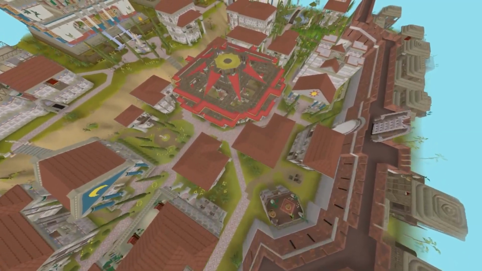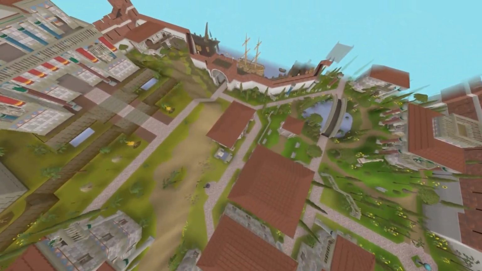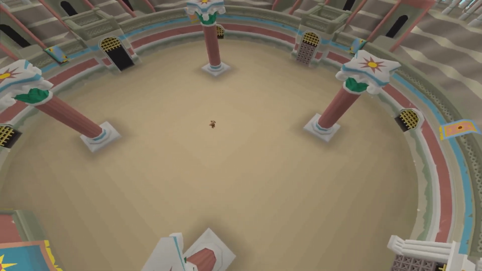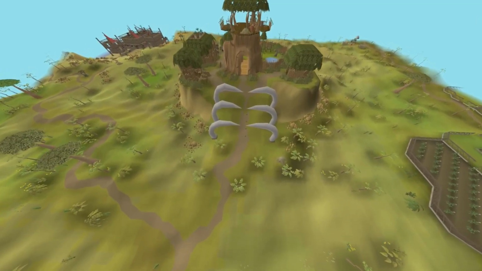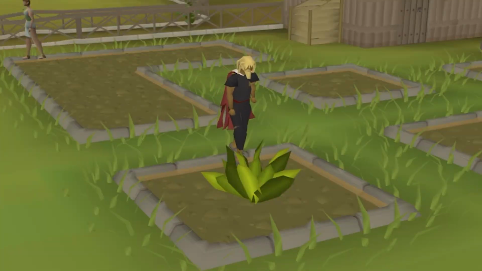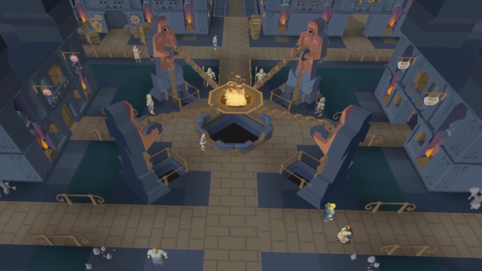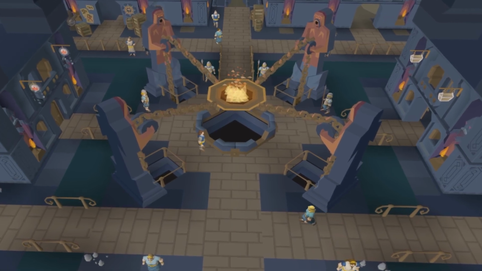The Kingdom of Varlamore has been added to Old School RuneScape recently, which added a whole lot of new things to do. You can fight your way through the Colosseum and climb the glory ranks. You can train Hunter in a new and engaging way with the Hunter Guild. And most importantly, there's a brand new herb patch just outside the main city. How exciting! But in all seriousness, there's one specific piece of content that I would like to take a look